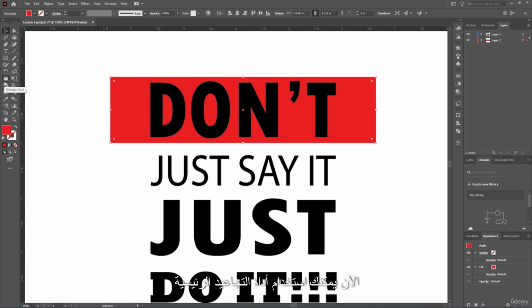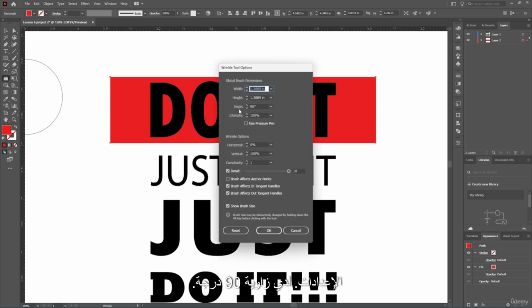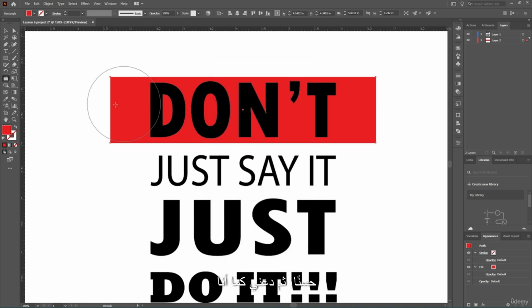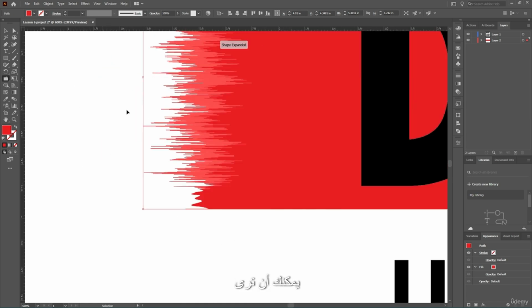Now you can use the wrinkle tool over here. There you go. Now if we were to double click on this, you'll have the settings in. I have the angle to 90 degrees and I have the intensity to 100 over here. The horizontal and the vertical to 100% as well. The complexity to 1. I can add the complexity to, let's say, 10. Let me add it 10. Okay. And then let me just, as you can see,